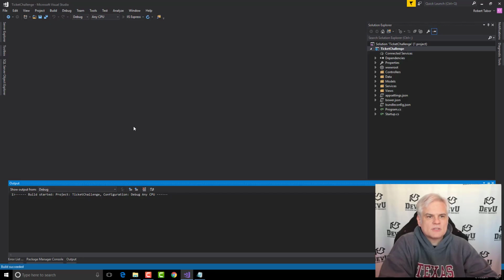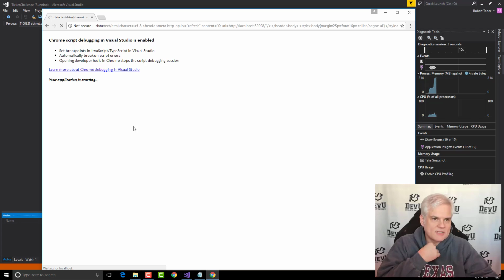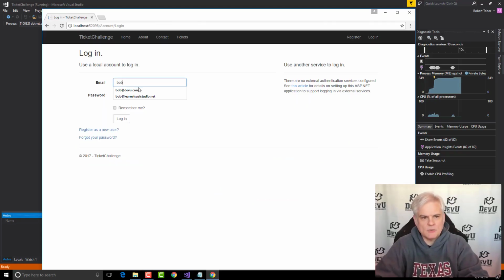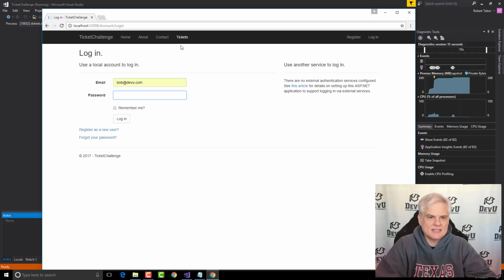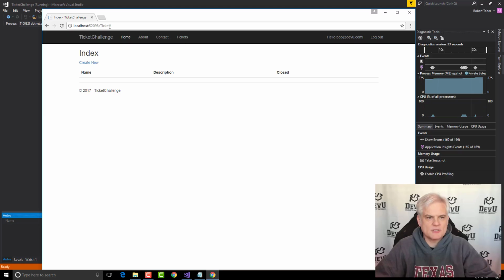All right, so I'm going to start the application that I've already built that satisfies the requirements for this ticket challenge. And first of all, we're going to log in, because that should be the only way you can actually see the tickets. And we'll log in as bob@devview.com. And we're going to go to the tickets. You notice here I've got a little bonus. You can type in tickets/index, but I've added a bonus where you're actually asked to add just one entry on the toolbar, just to modify the correct file